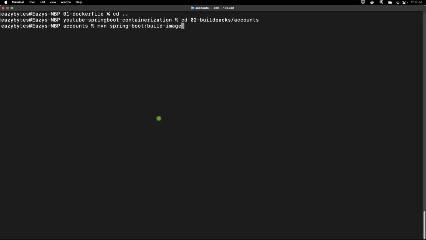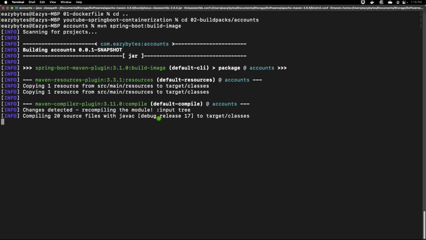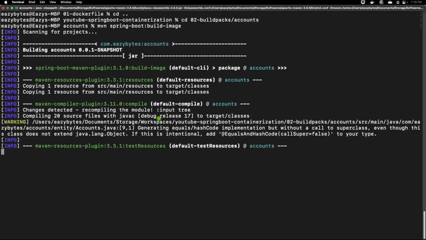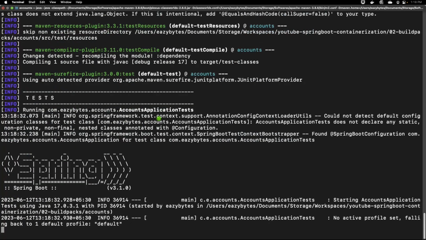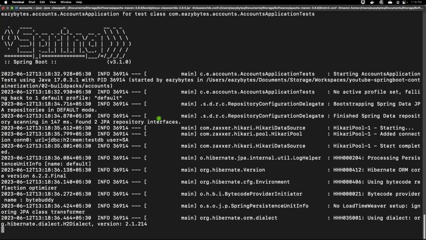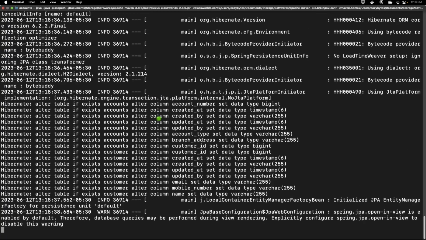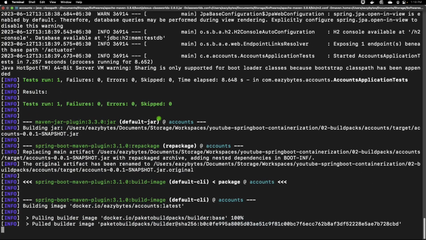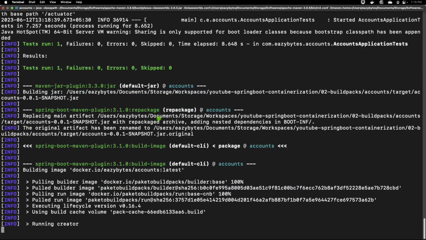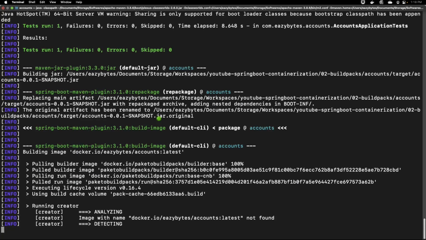If you run this Maven command, behind the scenes the Buildpacks will do all the heavy lifting for you. Even though you have not given any Docker instructions on how to generate the Docker image of your application, behind the scenes my Buildpacks is going to analyze your application. What is the Java version that you are using? What are the dependencies that you are using? So based upon all the dependencies that you have defined inside your pom.xml, it is going to generate a Docker